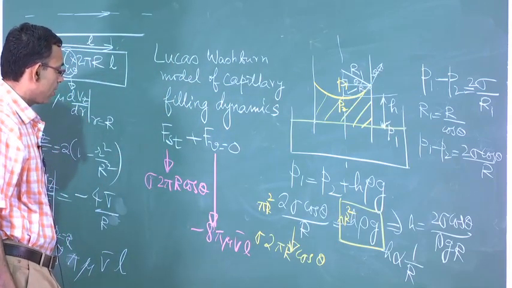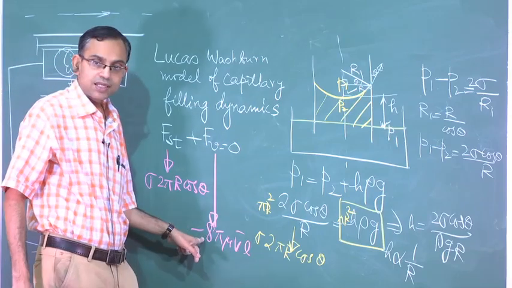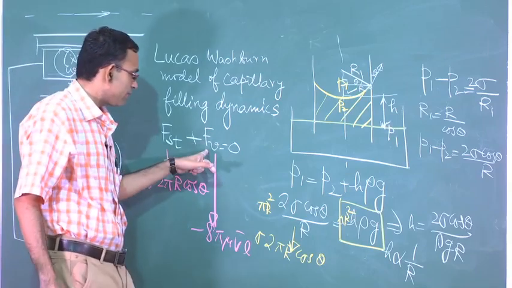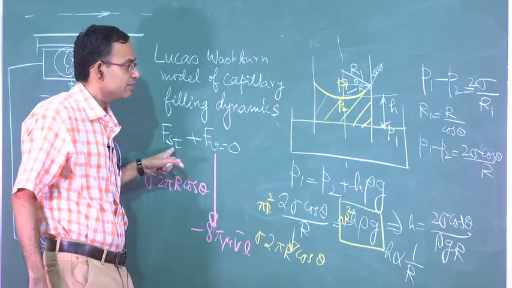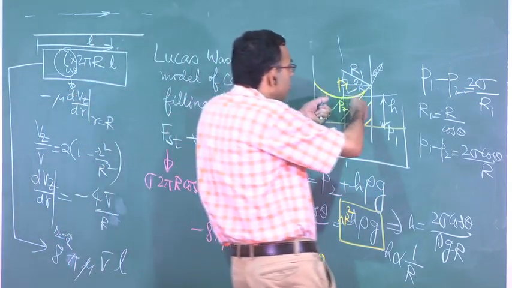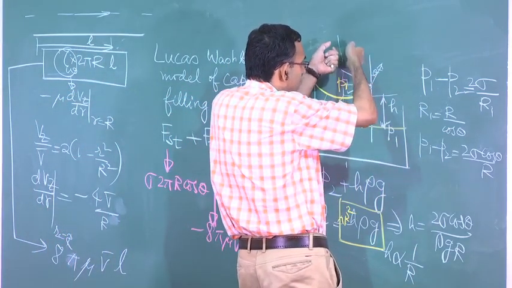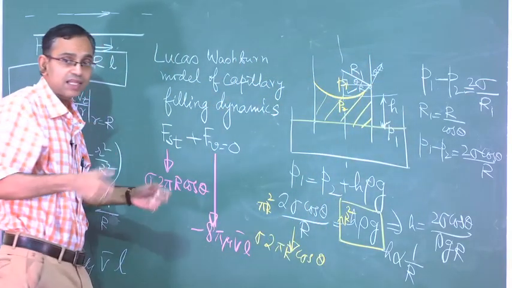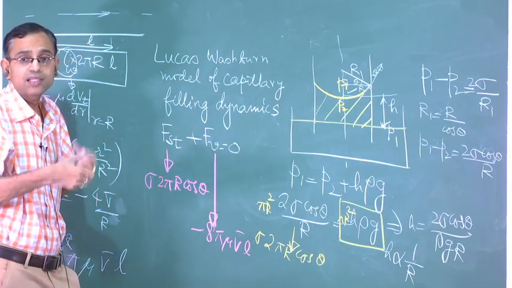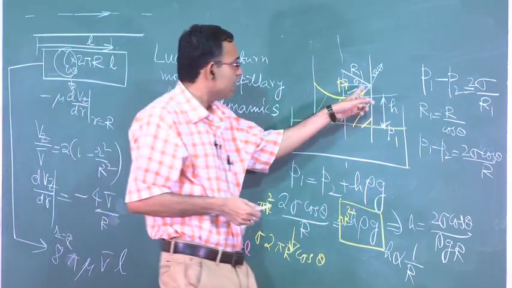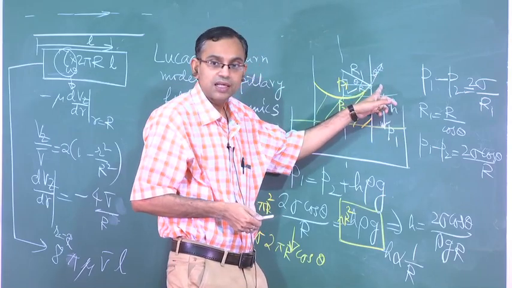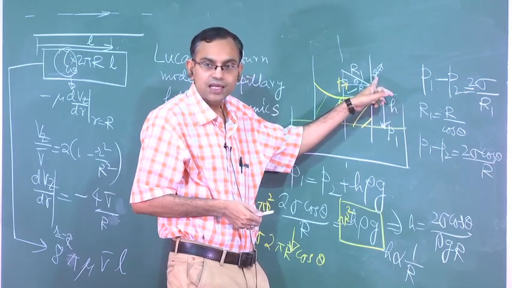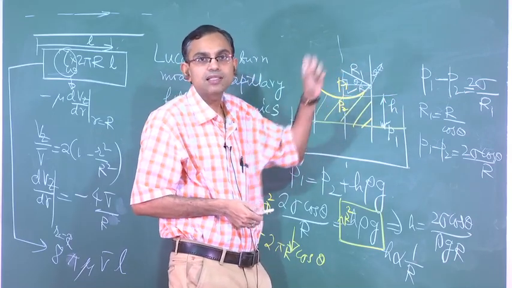Okay. So, why is it minus? The reason is very straightforward. It is minus because the viscous force resists the surface tension force here. So, the surface tension force will try to drive the flow along the capillary, the viscous force will try to resist the flow. There are cases when surface tension actually hinders the flow instead of driving the flow, but that is not this kind of contact angle. There the contact angle is greater than 90 degree. So, here in this diagram we have shown contact angle less than 90 degree. So, here the capillary action is driving the flow.